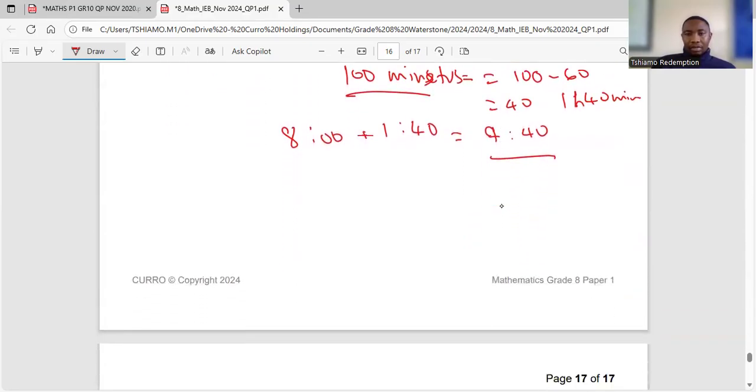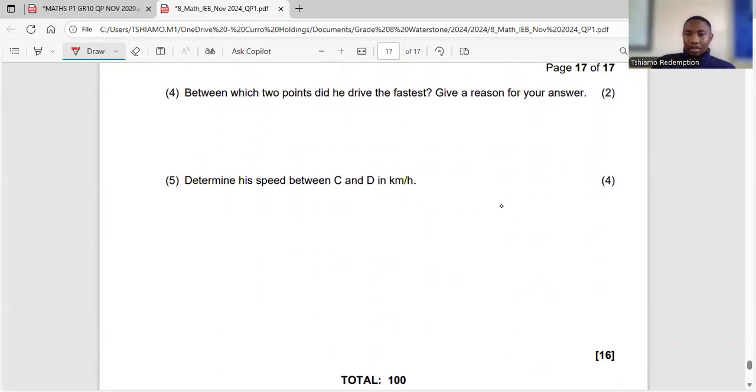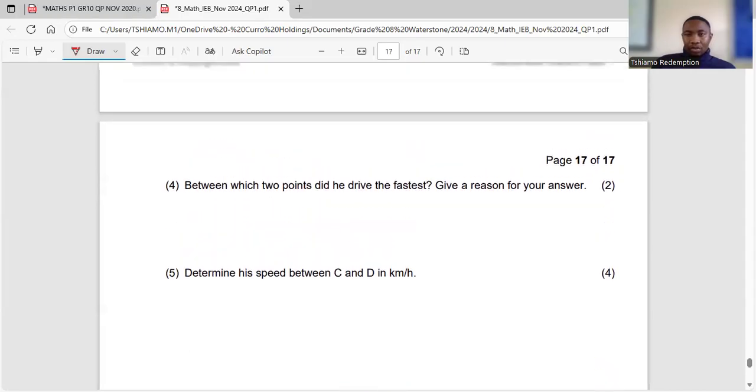Okay, now on to the last two questions. Between which 2 points did he travel fastest? Give a reason for your answer. Let's go to our graph. Between 2 points,